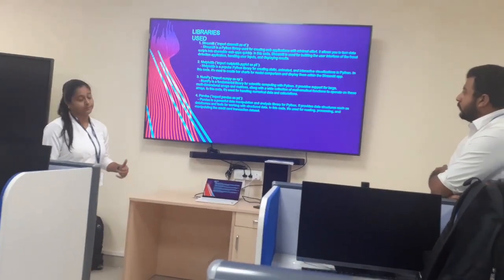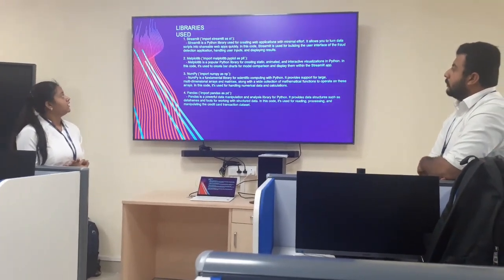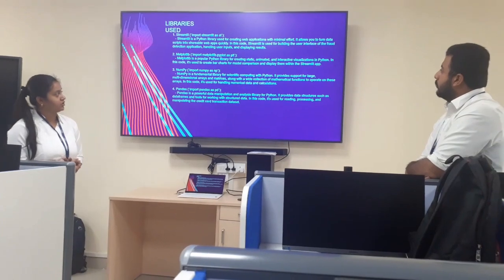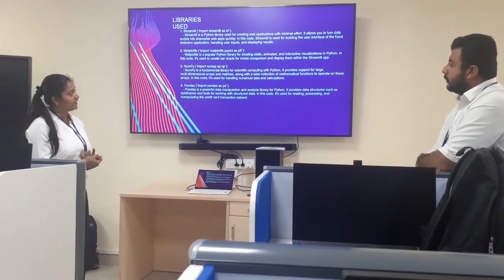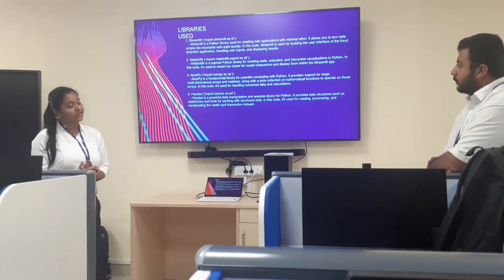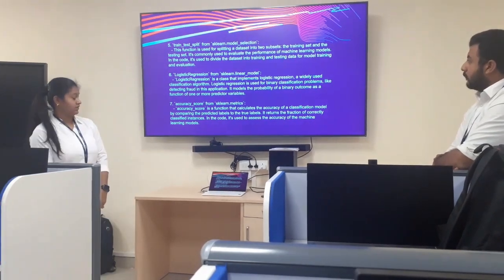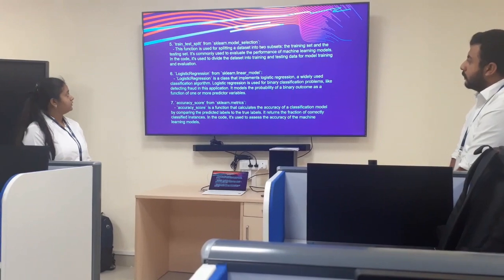So the libraries used, these are some of the basic libraries used in the project. Streamlit to create a web application, Matplotlib for interactive visualization, NumPy for numerical data and calculations, Pandas for data manipulation and analysis. And here are some libraries which are used for the selection of the model, like train test